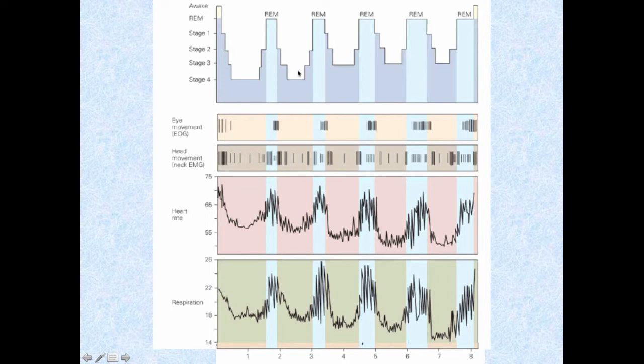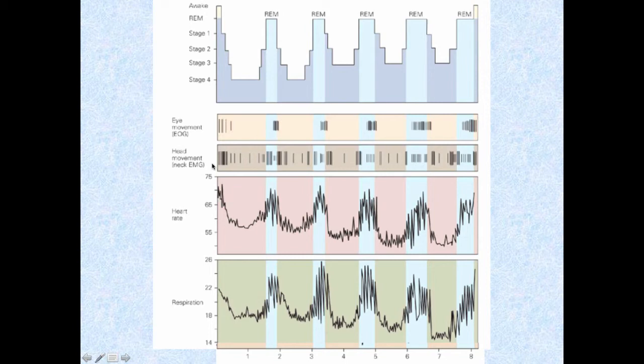What's not represented here is a very common phenomenon of night wakings that often occur at two particular times. We see night wakings between stage 1 and the waking state, so at the start of a cycle, and also we often see night wakings between REM and the waking state, so at the end of a cycle. And these night wakings can be very brief. They often are not even remembered, and the person can roll back into another, either restart the sleep cycle or roll into the next sleep cycle.